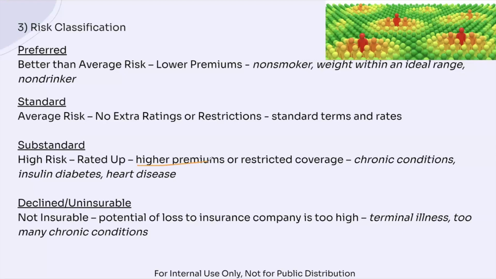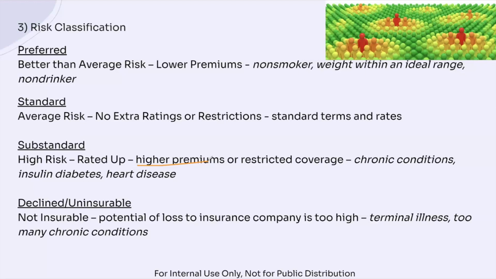Why? Well, because they have a higher risk of maybe passing away at an earlier age or developing other health conditions. So because of that risk, they'll need to pay higher premiums or they'll have restricted coverage. So sometimes there'll be restrictions too, saying, oh, well, that will be excluded. And we'll take a look at that, especially in module 3. But sometimes there might be exclusion of coverage of certain conditions.